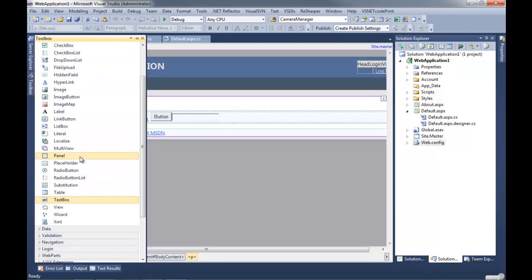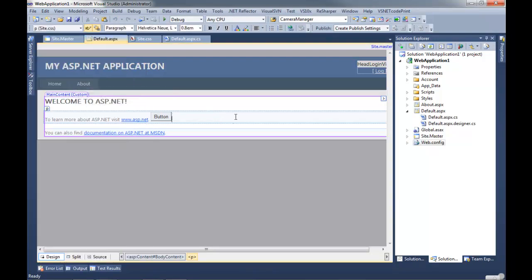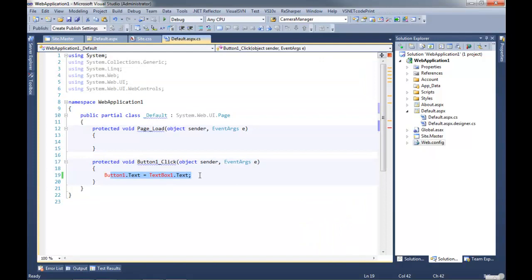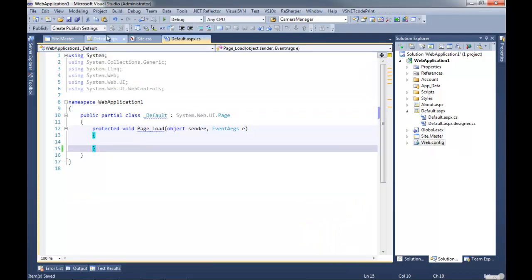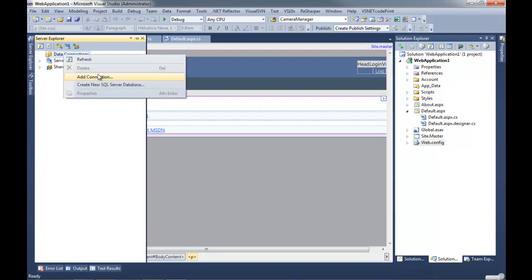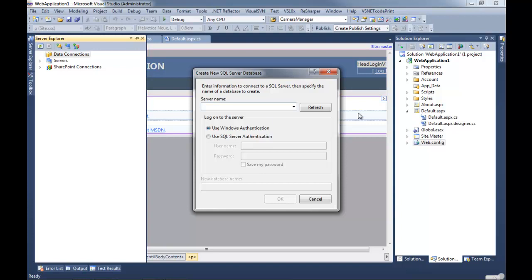Maybe I'll just do something a little fun and show you. The thing about web forms is that it's about rapid application development, or RAD. It's about giving developers a bunch of tools that they can use to create common applications really quickly. So let's go ahead and create a new database. And this isn't going to be about SQL.